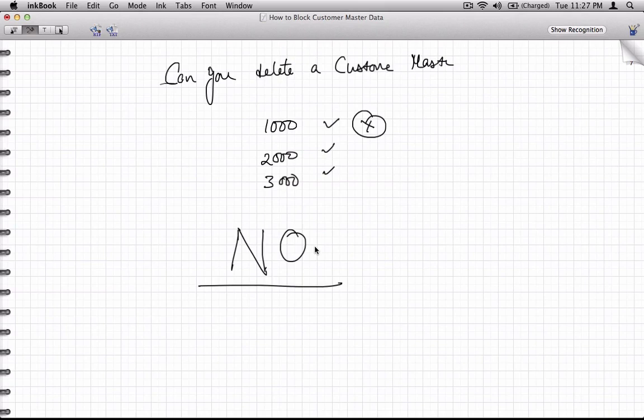The reason behind this is consistency. If you start deleting a customer master and there are open transactions or any transactions at all associated with that customer, let's say orders, deliveries and billing, then it results in a lack of consistency, right? Customer master is not there, but there is an order against that customer. So what does the system refer to? It causes a lot of consistency issues. It's not just SAP. As a practice, generally any ERP master data is never deleted, and in robust systems like SAP, they don't even allow you to delete master data. So once created, it's there until